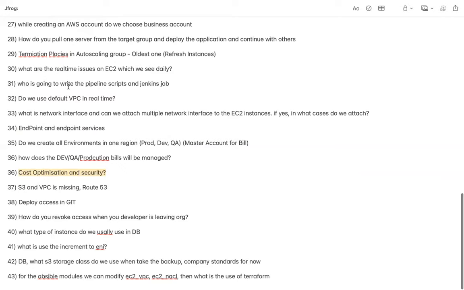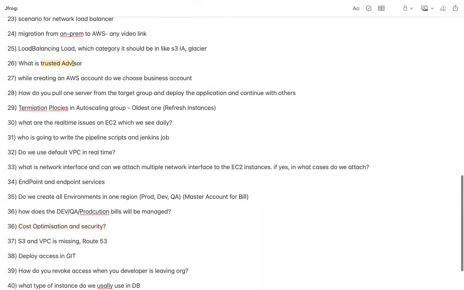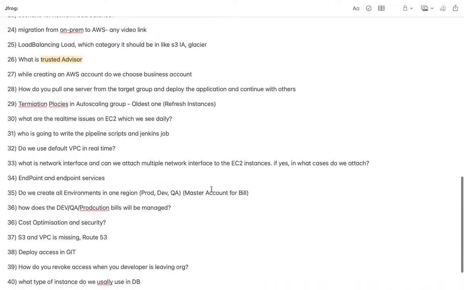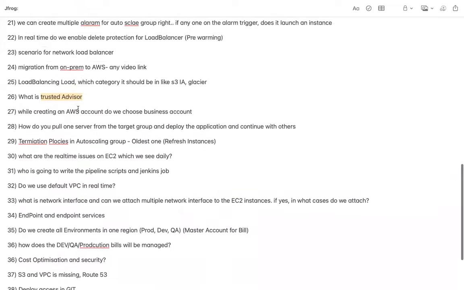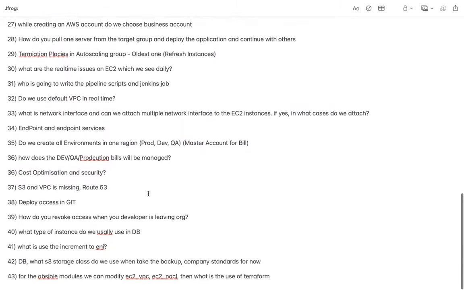Yes. So, Trusted Advisor, as I told you, is going to advise you on four major components: cost, performance, backup, and security. What exactly is the difference between optimization and Trusted Advisor? If you are using Trusted Advisor, it is going to give you advice in order to do optimization. And optimization is something which you have to perform manually. Okay, I got it.